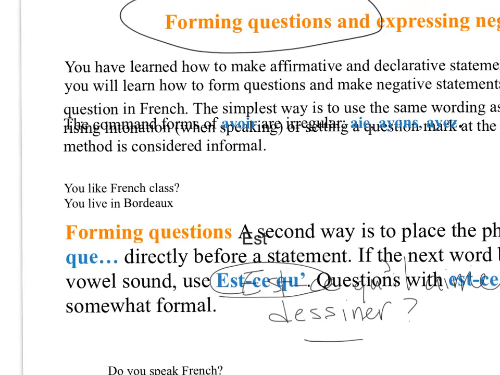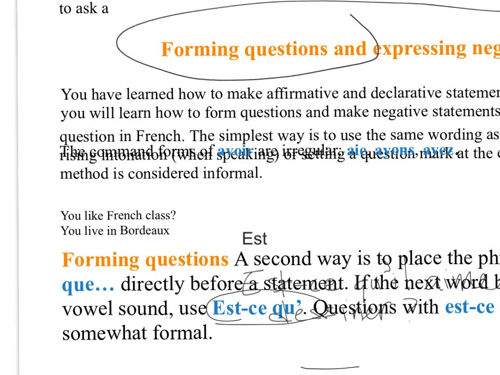I missed the first part in here. You can also make a question just by using intonation, by rising intonation when speaking, or putting a question mark at the end when writing. So you put a question mark at the end and you raise your intonation to make it a question. It's a very informal way to make questions. For example, you like French class and you would say